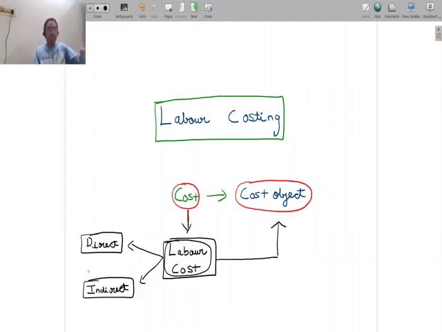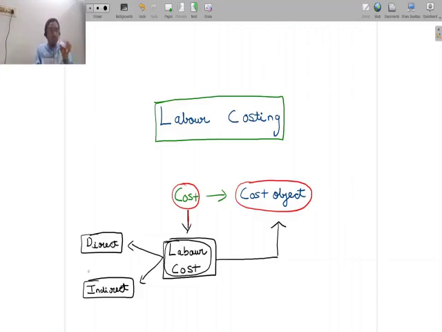Now let's say there are 2-3 workers like that working on product A, but there is one supervisor who is supervising the work happening with respect to the manufacturing of product A. Now that supervisor is also paid some money. The amount that is paid to the supervisor to supervise the people engaged in manufacturing product A is also a labor cost, because that is also a cost incurred by the company for getting work done. If the supervisor does not supervise, probably the workers do not work properly. So we can say that work probably would not get done.